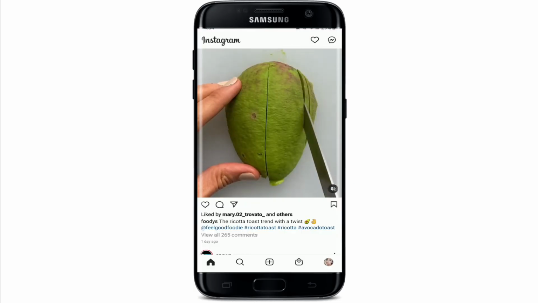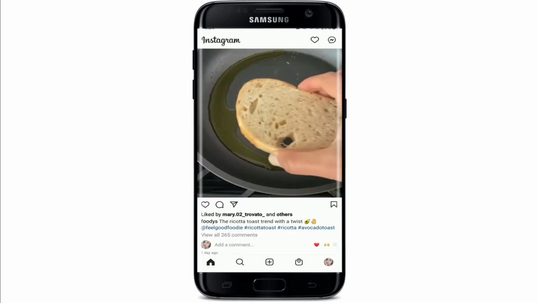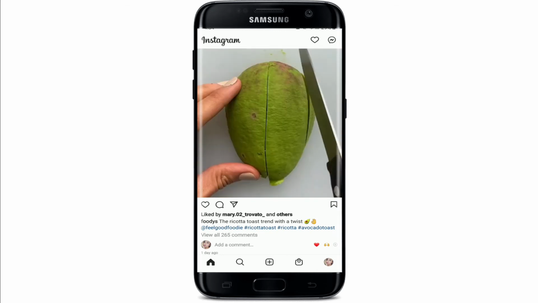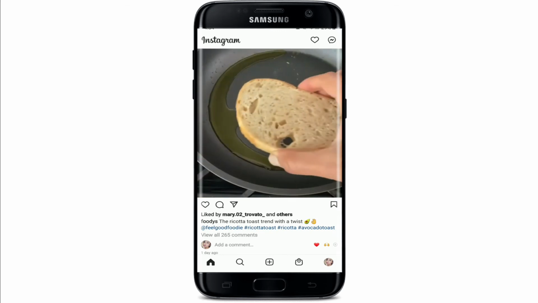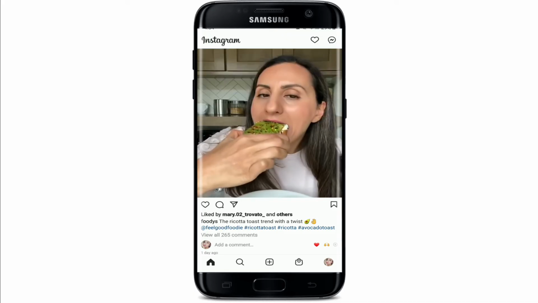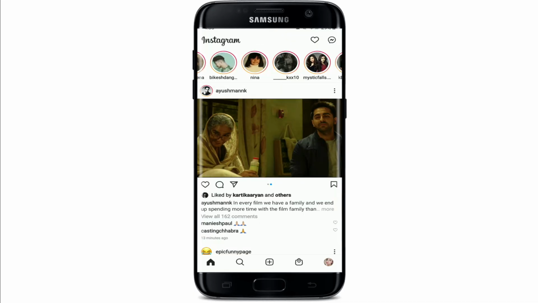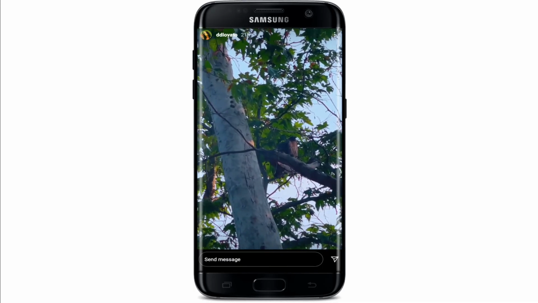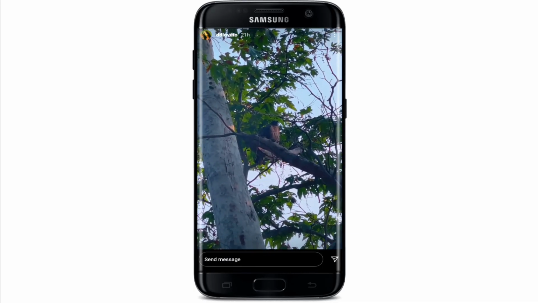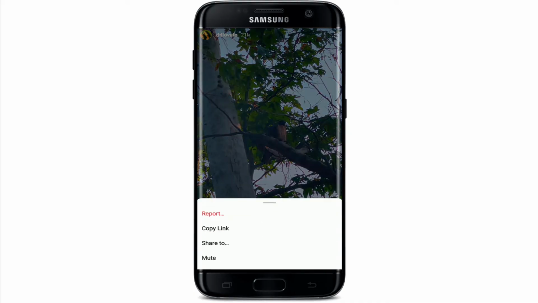Now, if you want to share someone else's Instagram story, you'll only be able to do so if the person has enabled sharing option in their story and set their viewer settings to public. Tap on one of the contact's story from the top of the screen. Open up any story that you'd like to share and tap on the three dots at the top right. Now, if the person has set the story to public, then you'll be able to copy and share the link